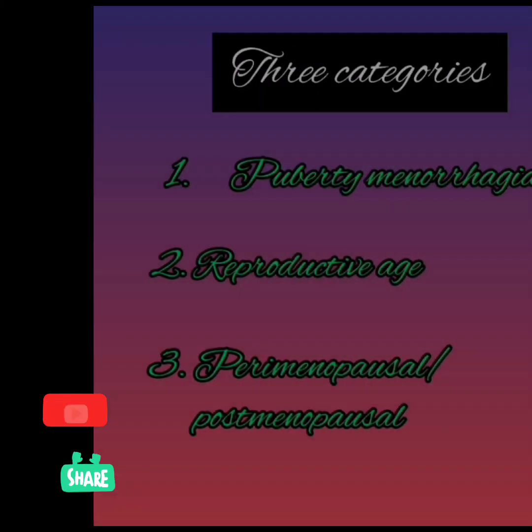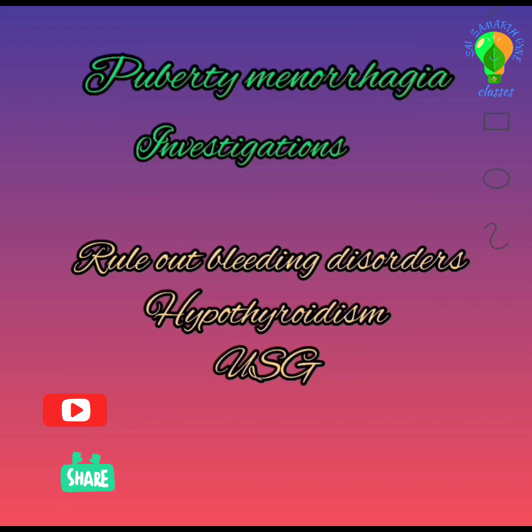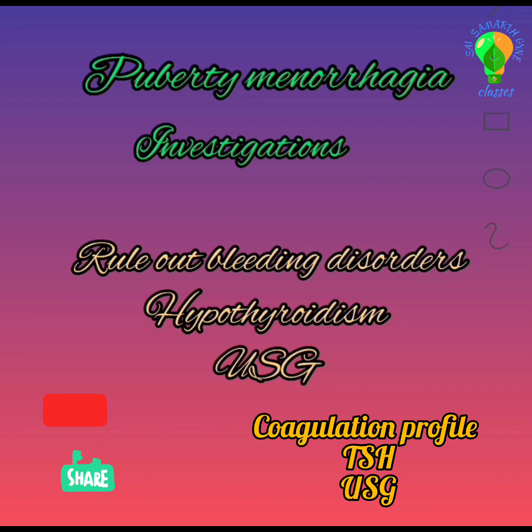So dysfunctional uterine bleeding, we divide them age-wise into three categories. First of all, it should be known that in this age group, the most common cause of heavy bleeding is anovulatory cycles. Cycles are anovulatory. That's why there is no progesterone support. There is a thick buildup of endometrium, and then unsupported endometrium, it sheds off and there is bleeding which persists for long. The second most common cause is bleeding diathesis or coagulation disorders. So your investigations should rule out these causes.